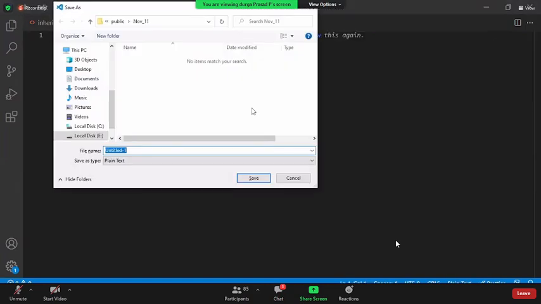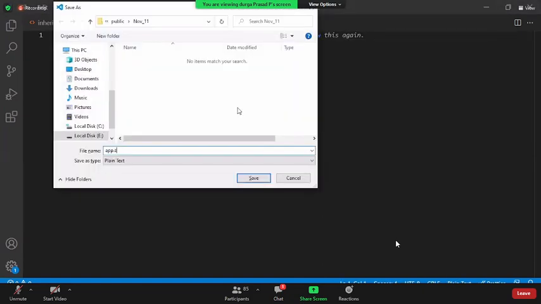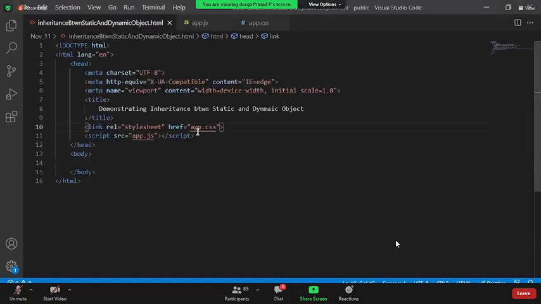Sir, you are on mute, sir. Yeah, actually I'm typing, so I've unmuted it. App.js, I'm creating a separate file. I'm creating app.css. Okay, so we have two things here. Let me create a simple UL here, with LI.